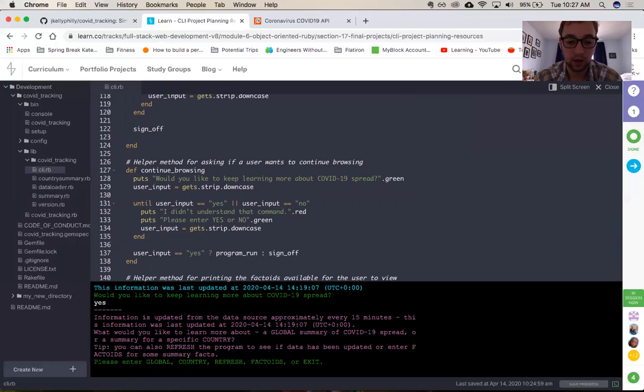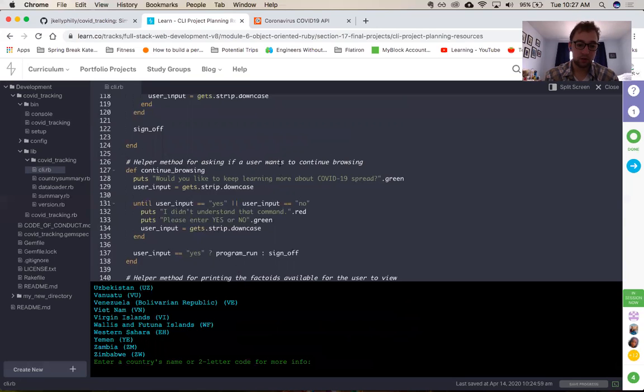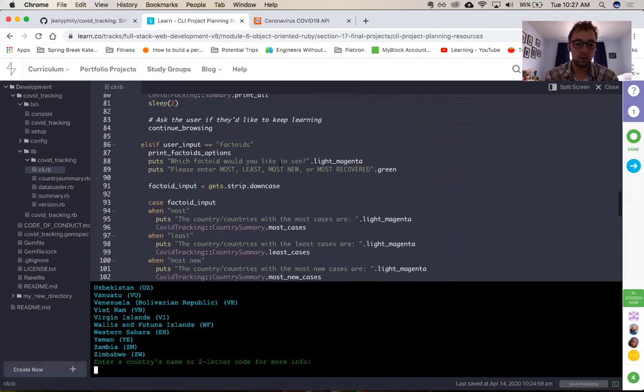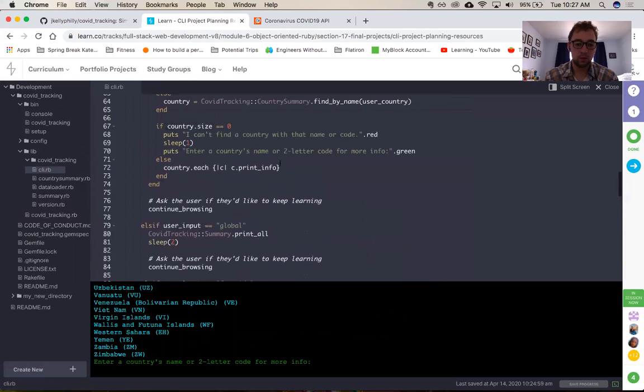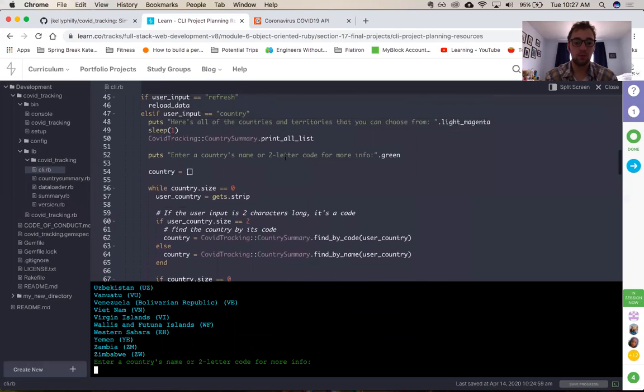The refresh, and you can actually see that it'll refresh. So I'll go to country next. First, there's two levels in the country option, or country branch. Basically, once again, I have a class variable that's an array that stores all of